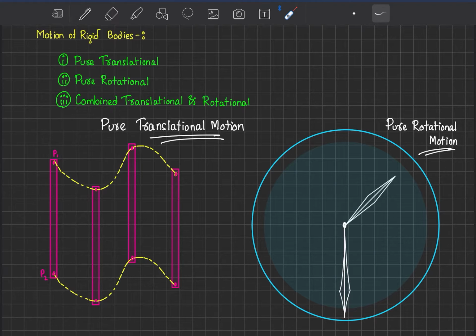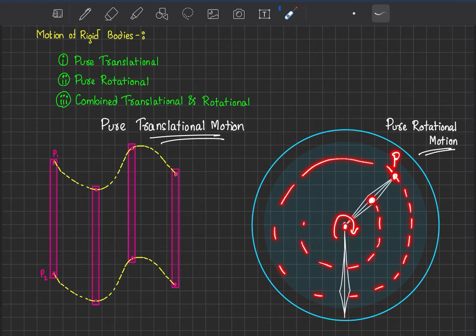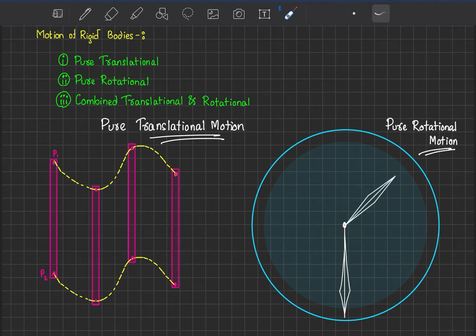So let us talk about a clock, right? If this is considered a clock and this is one of the hands and this is another hand, let us say this is the hour hand and this is the minute hand. Now if we say this point is P, this point revolves about this point, right? So it rotates like this in a circular manner. Similarly, this point also rotates about that point in a circular manner. Now there is a point, why don't we call it circular motion then? We will go to that point in just a minute.